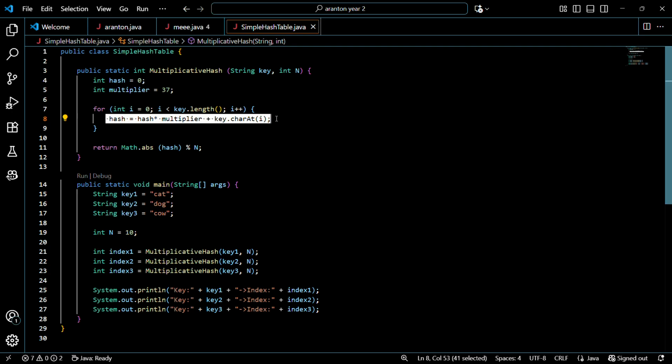Hash equals hash times multiplier plus k.charAt(i). This updates the hash value each time. So it will multiply the current hash by 37, add the ASCII value of the current character. This combines characters to create a unique number.